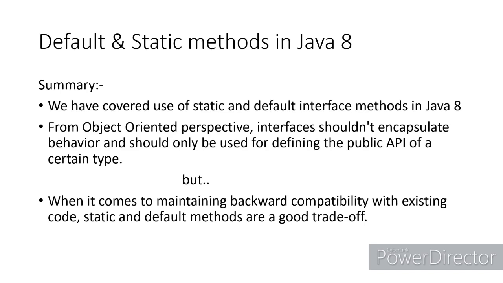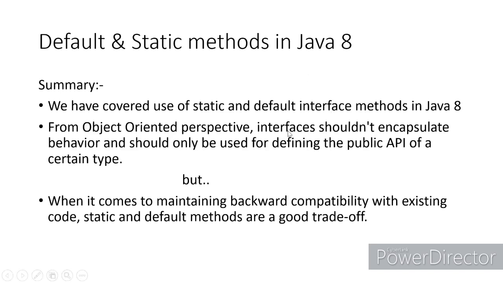So you can add a behavior to an interface to a certain extent. Obviously, abstract methods are still there. So the public API, you can still outline with abstract methods, and you can override it in the implementation class and give your own behavior inside the implementation class. Not only that, even if you add a default method and you give the existing behavior inside the interface, you can still have a provision of overriding it again inside your implementation classes. You can still override that behavior.